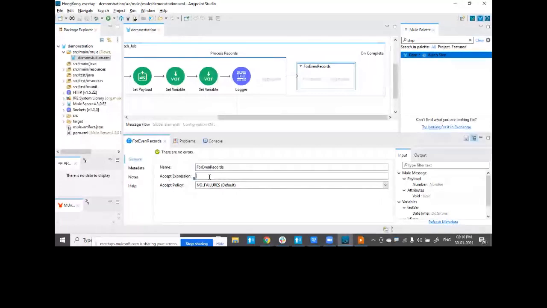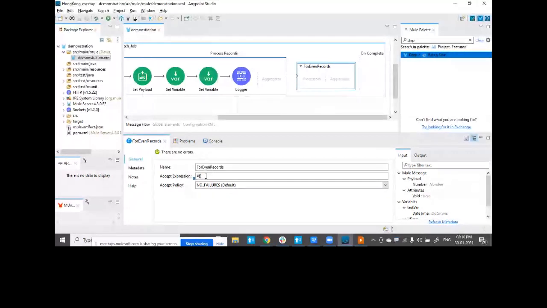Remember, in MuleSoft, you can write DataWeave anywhere. Either you can use it in a script. If the script option is not available, we try to identify the expression mode. Even if that is not available, go ahead and put a hash and a square bracket within your code, and it will be treated as DataWeave code. So that's what I'm doing over here. In acceptance criteria, I'm writing DataWeave code without any script or expression mode.